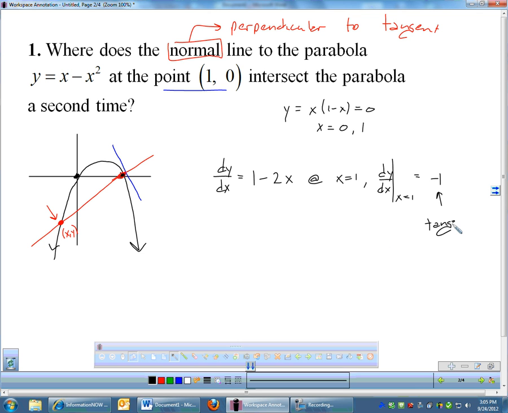And I'm just feeling my way through this problem. I saw a normal line, which made me think tangent, and so I'm finding the slope of my tangent. And if that's the slope of my tangent, well, going back to algebra 1, I know the slope of the line normal is going to be positive 1. It's the negative reciprocal. So the slope of my normal line is positive 1, and I know my normal line goes through the point (1, 0). So what I can actually do is write the equation of my normal line. So my normal line equation,